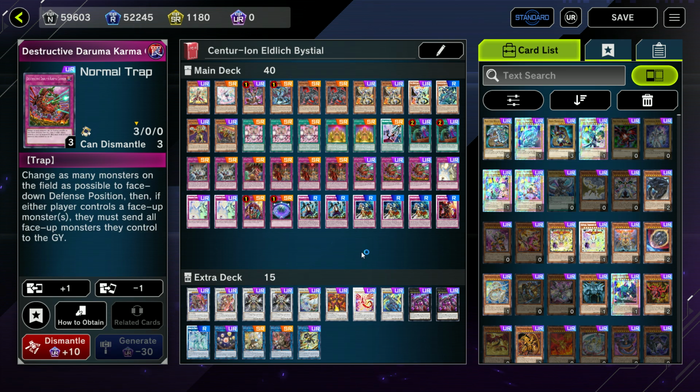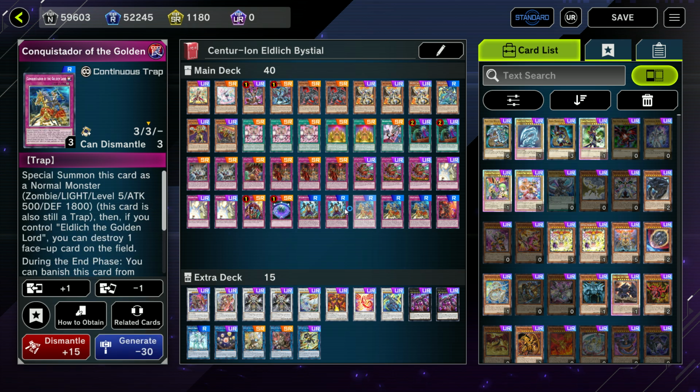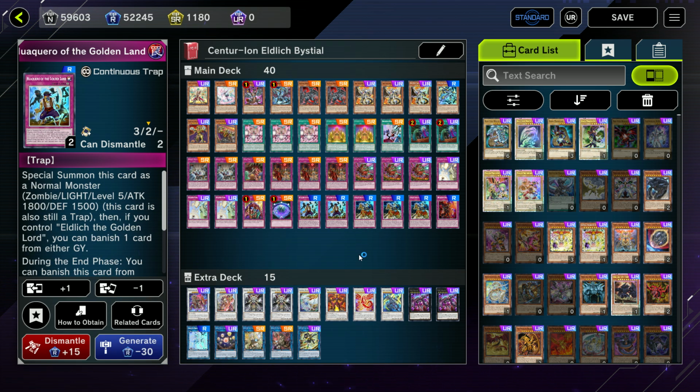And then Karma Cannon has great synergy with Eldlich because obviously it resets our trap monsters, but it's also just probably the best normal trap in the game right now compared to Torrential Tribute and Needle Sealing, where you flip a bunch of monsters face down, so a bunch of cards that are immune to being destroyed or get value off of being destroyed